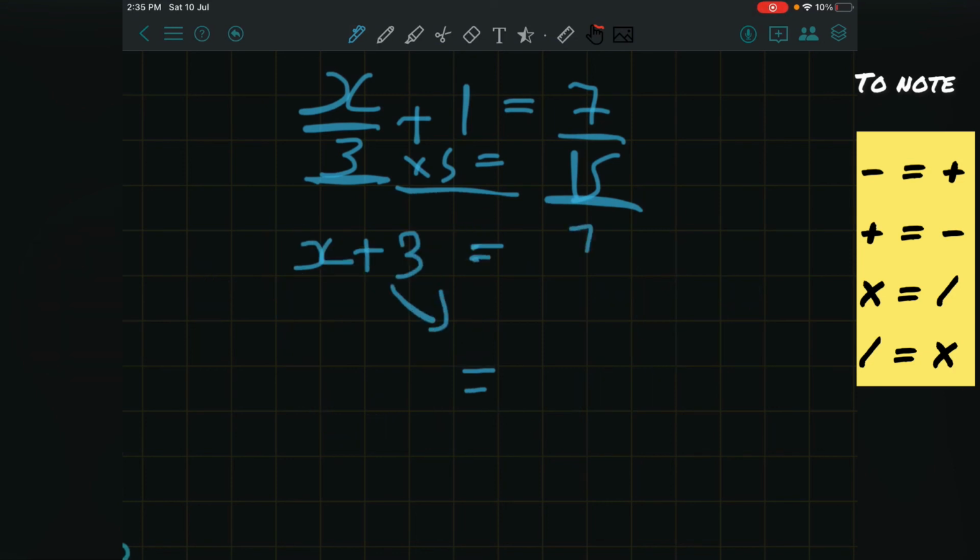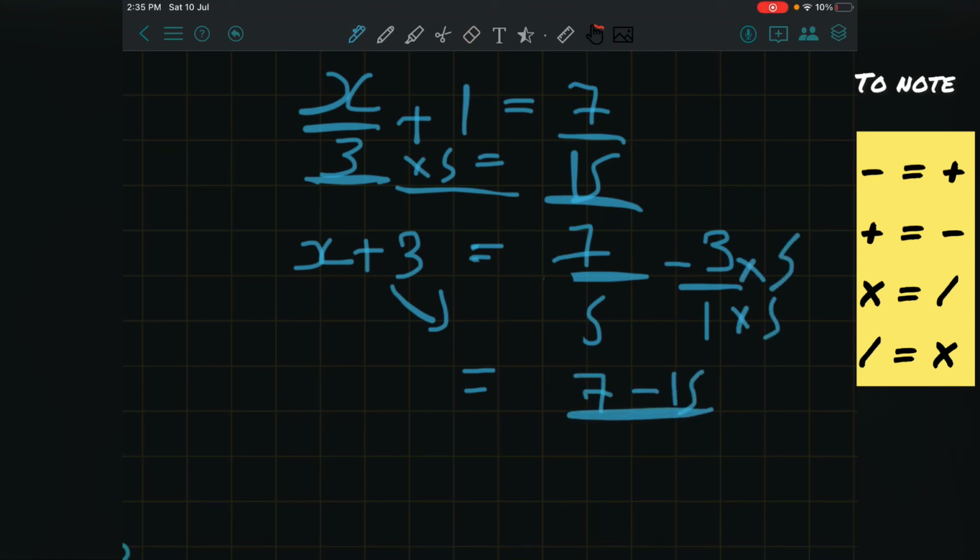So transferring 3 to the other side, 7/5 minus 3/1. Not 15, I'm getting it wrong always. It's 5. So it becomes 1 into 5 and 3 into 5. So it's 7 minus 15 by 5, which is minus 8 by